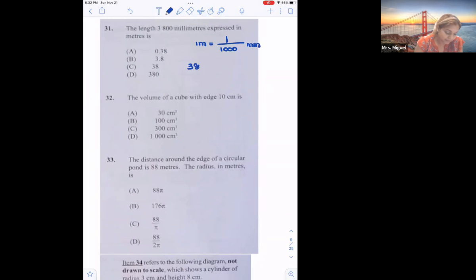So 3,800 millimeters is equal to 3,800 divided by 1,000, which is 3.8, right? The volume of a cube, volume side by side by side, 10 by 10 by 10,